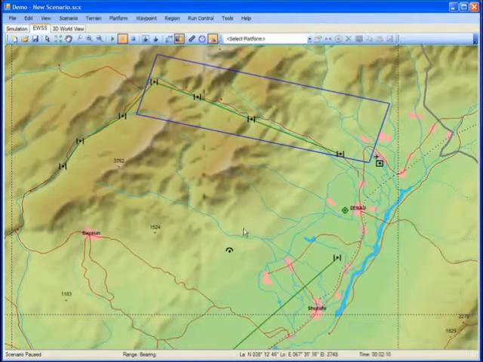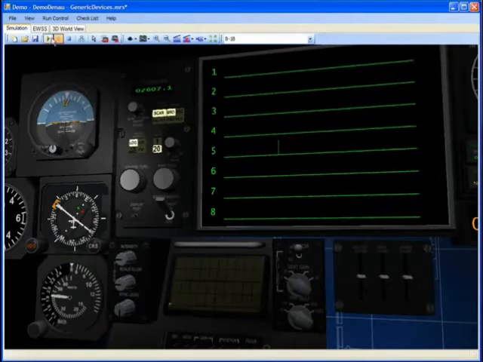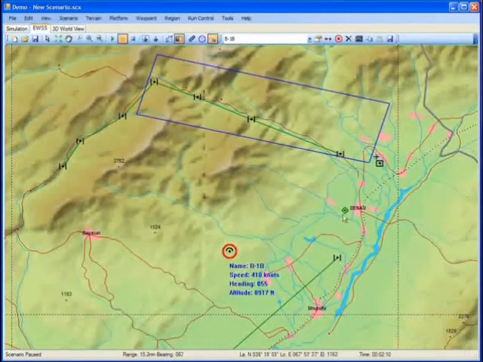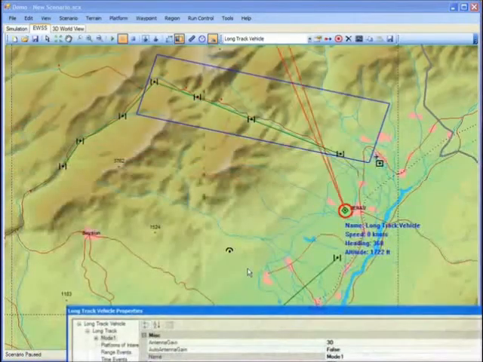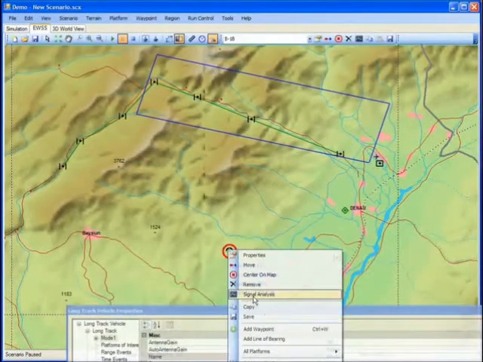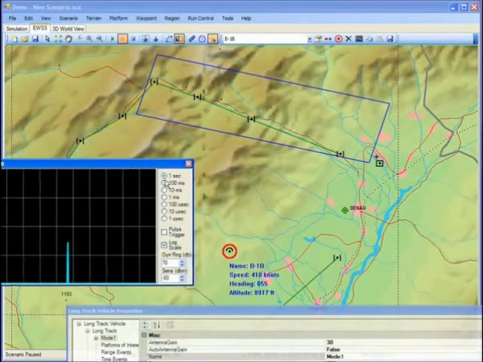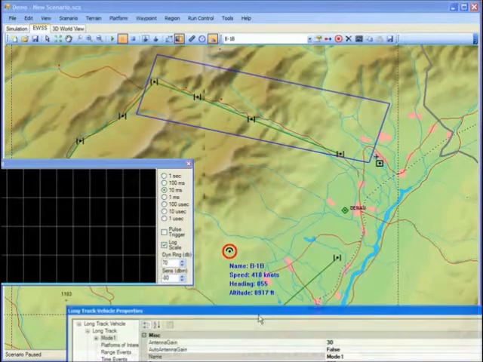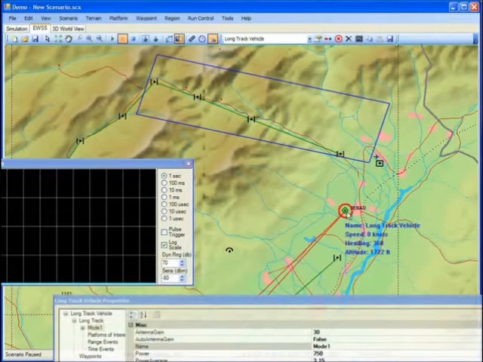Alright, so what I'm going to do here, in fact, another way of doing this is to take that guy back to there. And I'm going to go ahead and adjust the properties at the same time that we have a signal analysis up so that we can see the long track. And we'll go ahead and do this. And let's turn everything back on here. Okay, so